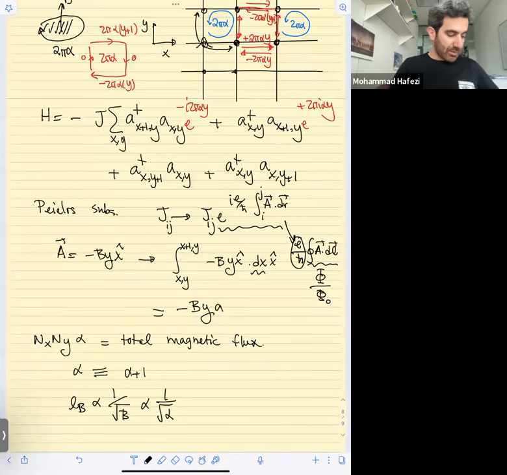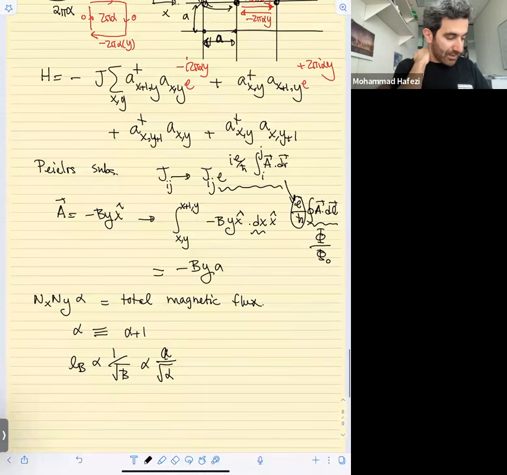And then you have to consider some a over here. I didn't go through the details of it in particular to not make it complicated, but the lattice has some length scale a. So if you do it correctly, there will be an a that appears over here. Now, if your magnetic field is small, which means that your L_B is much larger than your lattice spacing, then